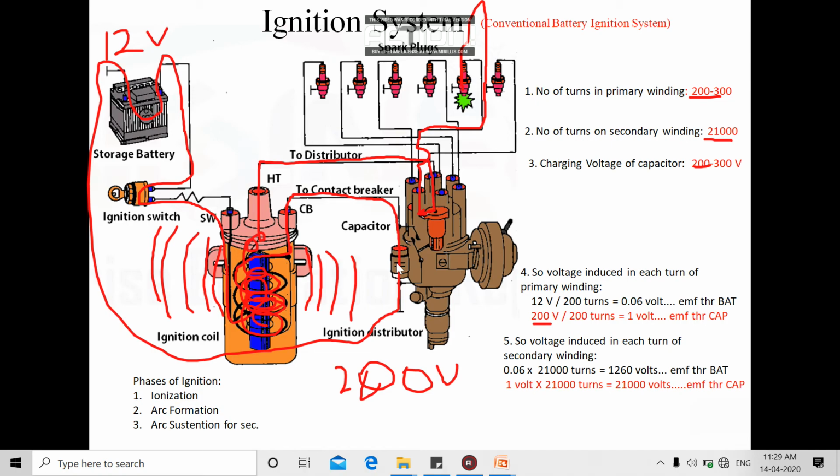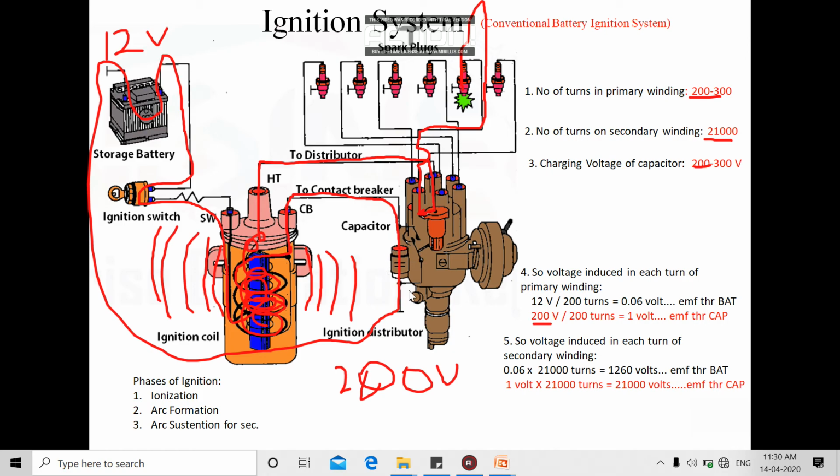We have very few seconds for the charging and discharging of the capacitor. So here the capacitor plays a very important role. Another role of the capacitor is to enhance the life of this contact breaker, because whenever an arc jumps across the contact breaker, there is a chance of burning it. So that spark jumping gets absorbed by the capacitor. This capacitor is just like electrical storage, like a battery, but with a higher charging and discharging rate than the battery. So it plays a very important role over here.